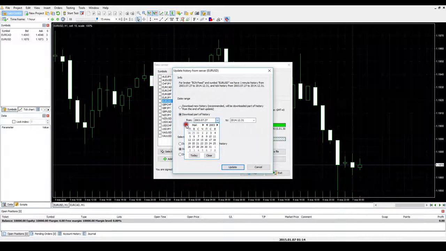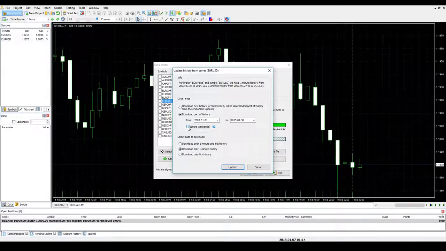You can do that by clicking on the drop-down menu's arrow and then clicking on the necessary date. To change the month or year, please use the arrows at the top of the window. To set today's date, you can use the Today button. To clear the chosen date, click on the Clear button. If you enable the Ignore Weekends checkbox, then all bars that appear on Saturdays and Sundays will be removed from